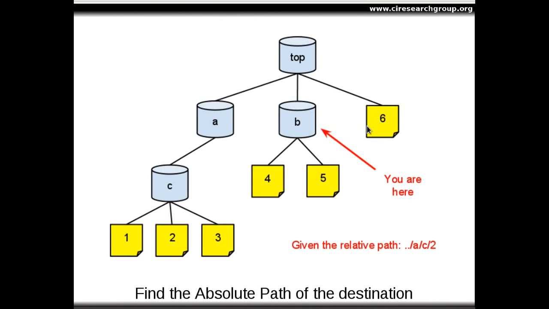We can also work the other way. If we're given a starting location and given a relative path, we can follow that relative path to its destination. We can give the final destination as a relative path to another directory, or in this example, we'll give it as an absolute path, a path relative to the top of the file system. So if we begin here at B and we have a relative path